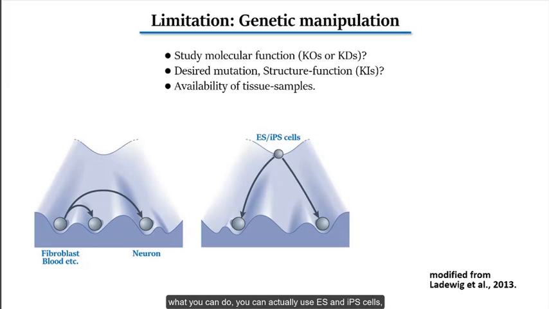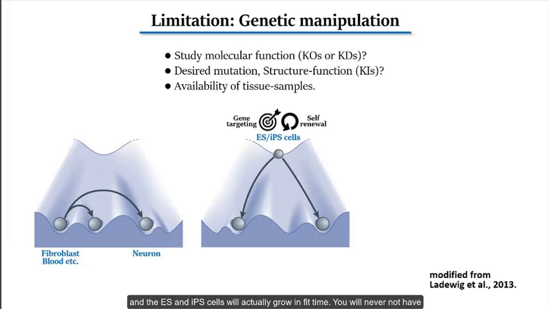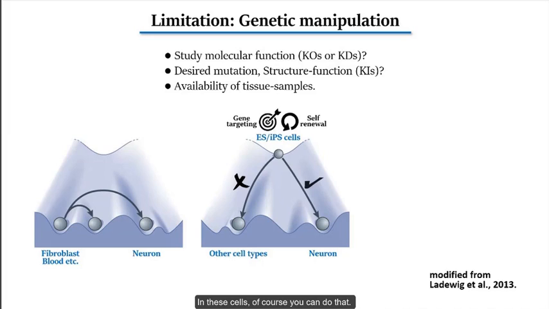So what you can do is use ES and iPS cells to circumvent that problem. Because of ES and iPS cells, as Lubna mentioned, not this part, but the self-renewal capability, they will grow an infinite time. So you will never run out of your source. At the same time, gene targeting in embryonic stem cells and iPS cells is a lot easier. So then it'll be easy to make neurons or other types of cells when you have that source. What about siRNA?